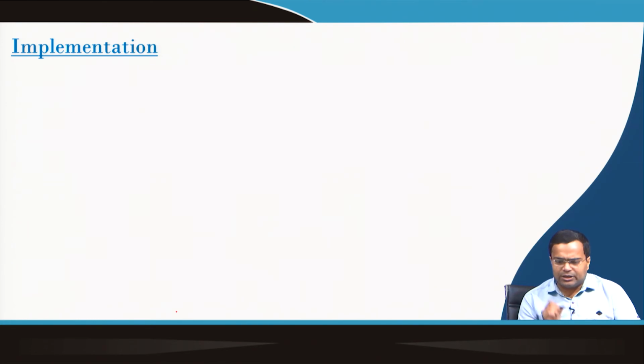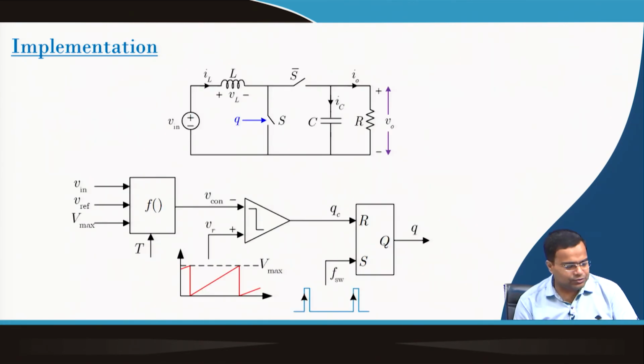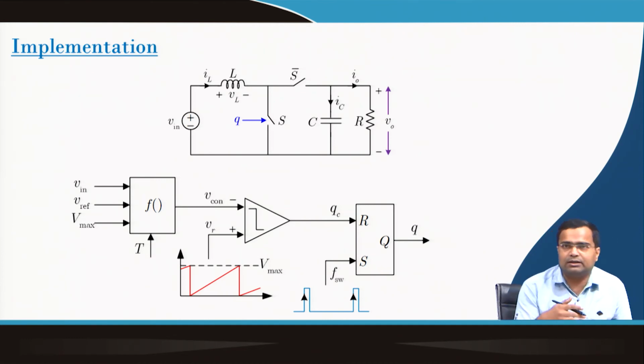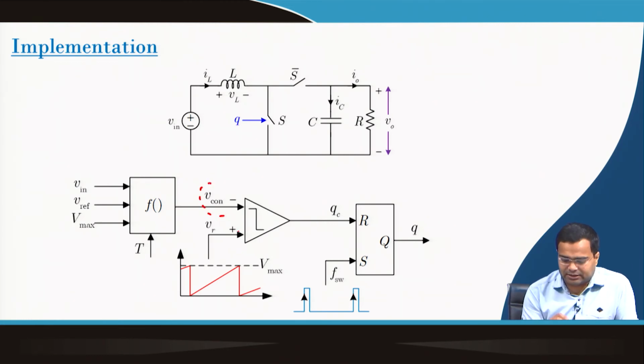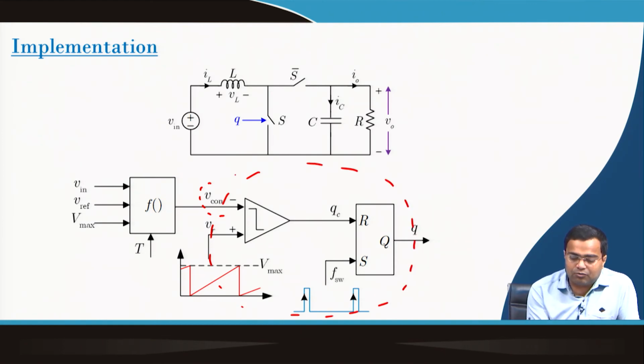Okay. So, implementation, you can do this implementation using MATLAB, which will be presented in subsequent lectures, where we want to generate this control voltage and sawtooth voltage also. You can use a MATLAB Simulink block, and this function we have already discussed. Now, we need to generate the control voltage.